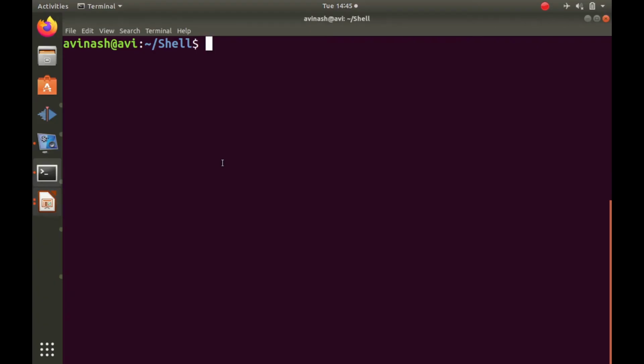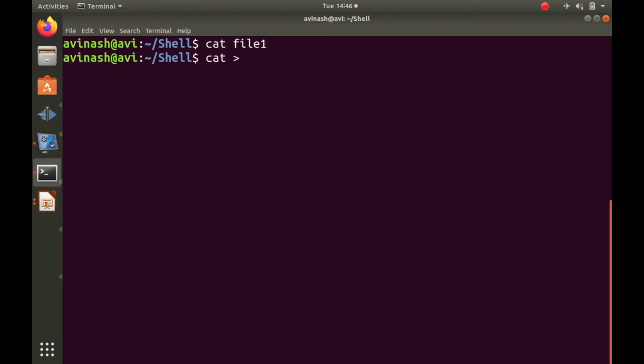mkdir we have studied. Next we will study the cat command. Now the cat command is used to display the contents of the file. Now this file doesn't have any contents. We have only created the empty file. Now if you want to add contents to the file, you can make use of the same cat command. And the use of this cat command is like this: cat